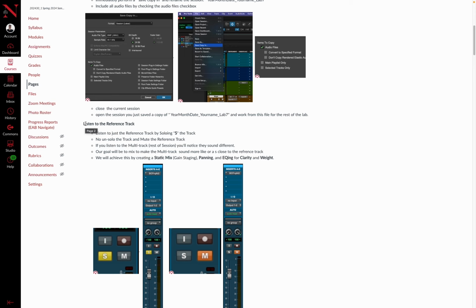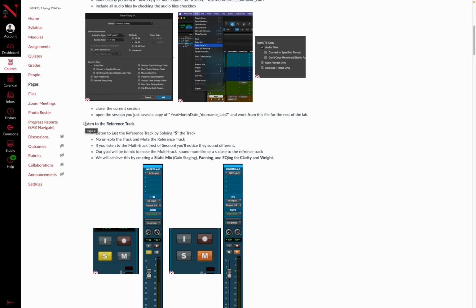Having a clear reference track or an audio goal to be trying to reach makes mixing a lot easier and prevents you from spending hours EQing things, adding compression, making some changes,